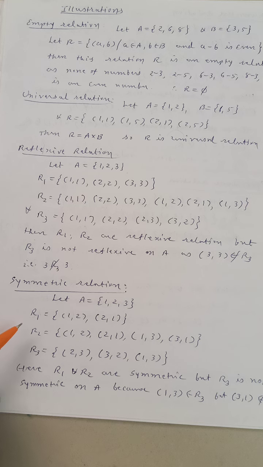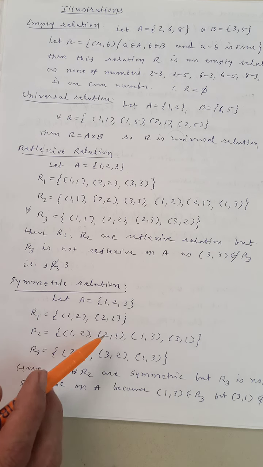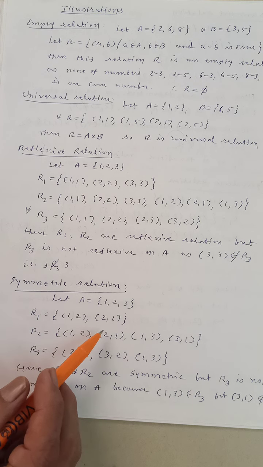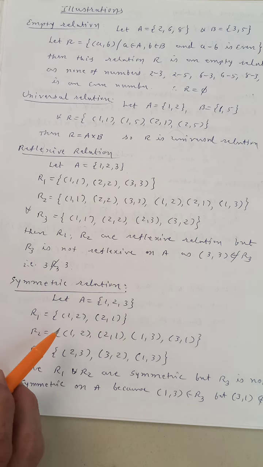So through R1 now, look at (1, 2) we have in R1. Is there (2, 1) in R1? Yes, (2, 1) is also given in R1. The (1, 2) has its reverse ordered pair (2, 1), and for (2, 1) its reverse ordered pair (1, 2), both are present there. Definitely, therefore, R1 is a symmetric relation. Of course, it is not reflexive, which you can easily see, because (1, 1), (2, 2), (3, 3) are not given there. So not reflexive, but it is symmetric.